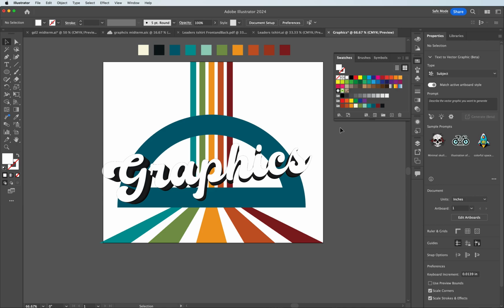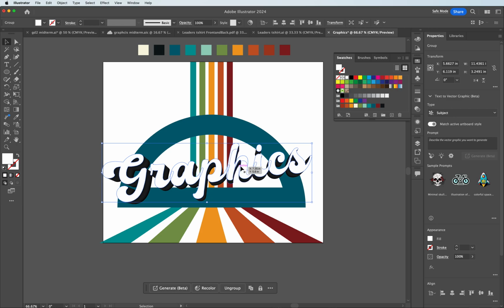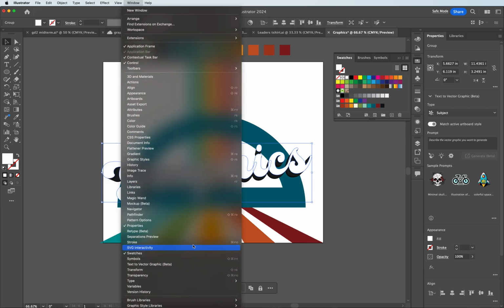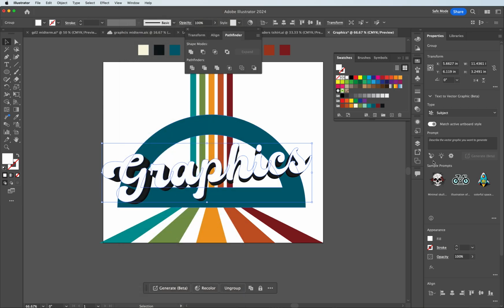If I want to modify this, I'm going to select on this top variation of text. Over on my Pathfinder tool, I can go up to Window, Pathfinder, if you don't see it over on the Properties panel on the right side navigation. I'm going to first make sure to click Unite, just so that I am combining each of the individual letters with no gap. If I don't hit Unite, and I were to put a stroke on this shape,